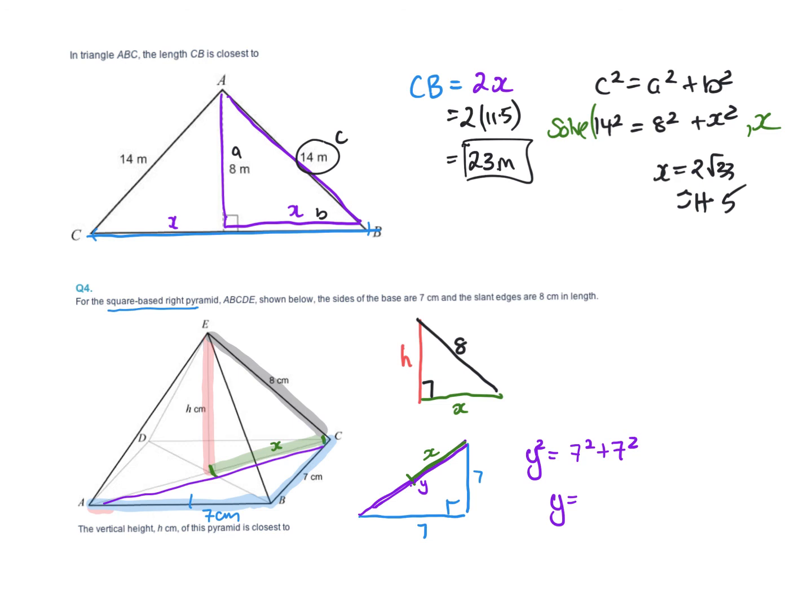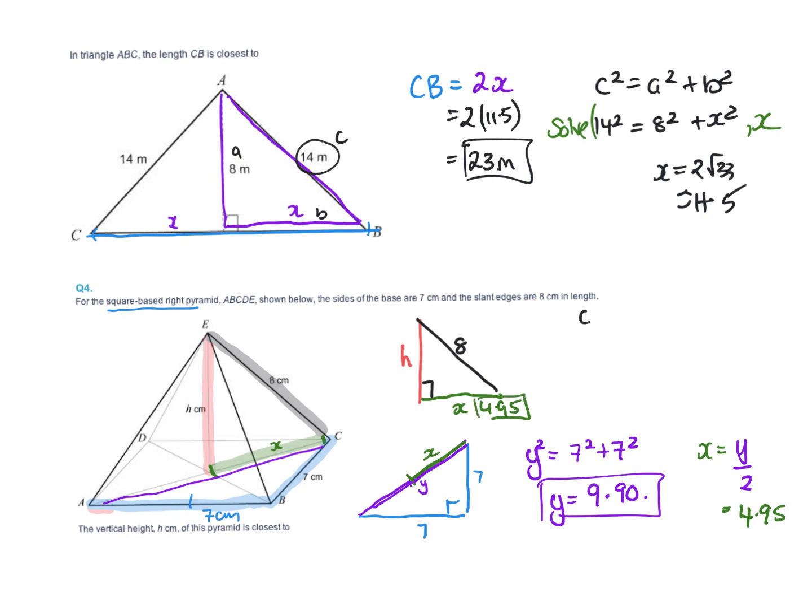Just going to do that. So I get 9 point, I'm just going to round, going to say 9.90. Okay, so we get y. Now x is half of that. So x equals y divided by 2. So x equals 4.95. Okay, so now I've got 4.95 I can put up in here, and then I'm going to do the